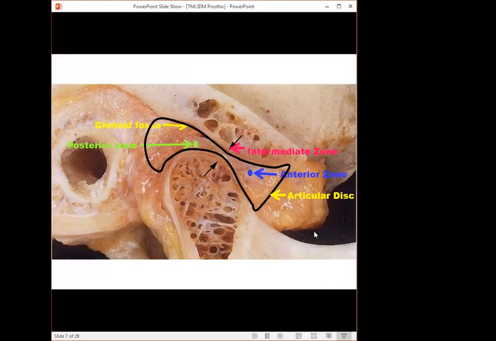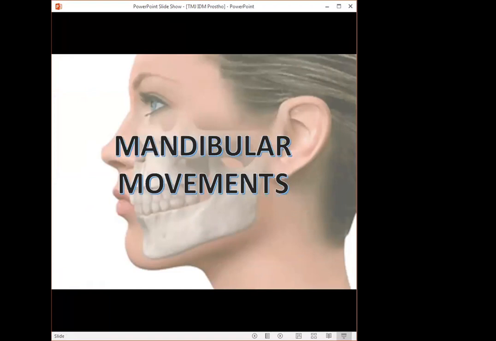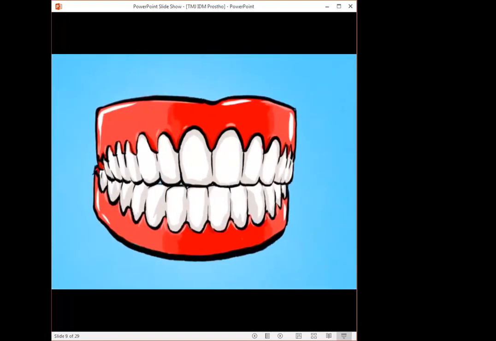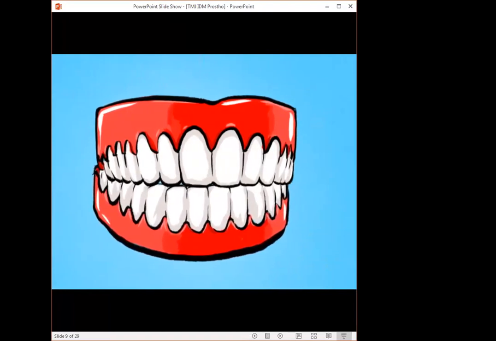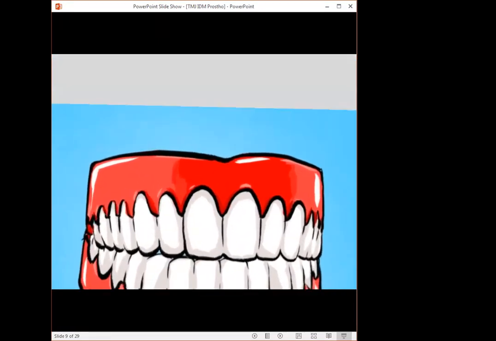So whenever the mandible is moving, it is in relationship between these various zones of the articular disc. Okay, and this is your condyle, articular disc, the superior and inferior joint cavities. Your mandible usually moves across this articular fossa. Whenever you grind the teeth during mastication, the maxilla is fixed. Your mandible has to move three-dimensionally to grind the food in a proper manner.